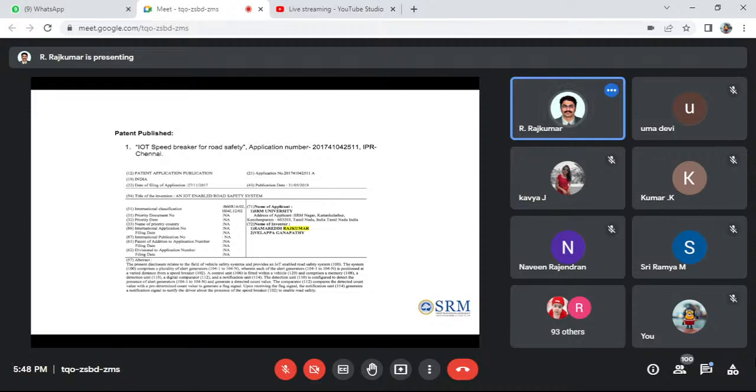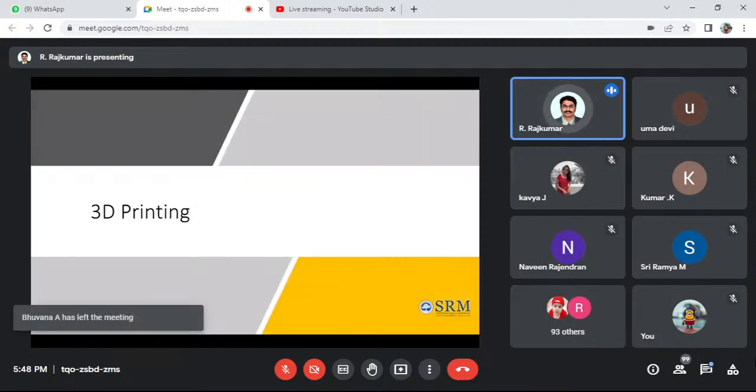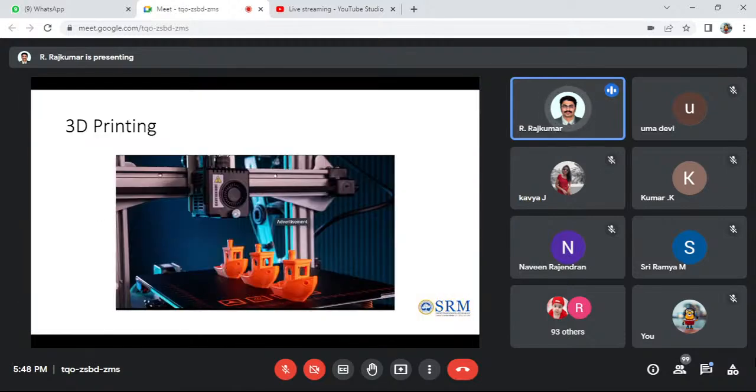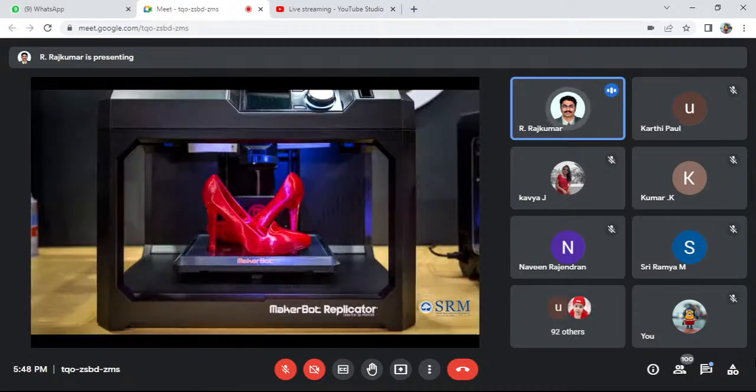So this is about the patent. Patent means, if you have a small idea, and that idea may be implementable in any kind of industry, that can be a possibility for a patent. I'm just going through some of the applications which you can see at a glance, and then we can go to the actual patent process.